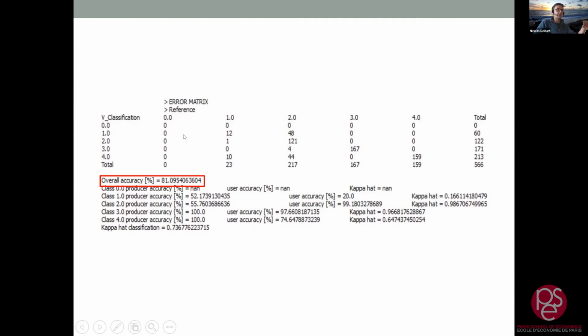The user accuracy, if you use the map and you look at class 1, what you want to know is: if I'm using this class 1, how many of them really belong to class 1? In this case, it means only 20% of the pixels that I consider class 1, because I am a user of the map that comes from remote sensing, really belong to what I want, which means class 1. Is it more clear or not? Yes, thank you. Okay.